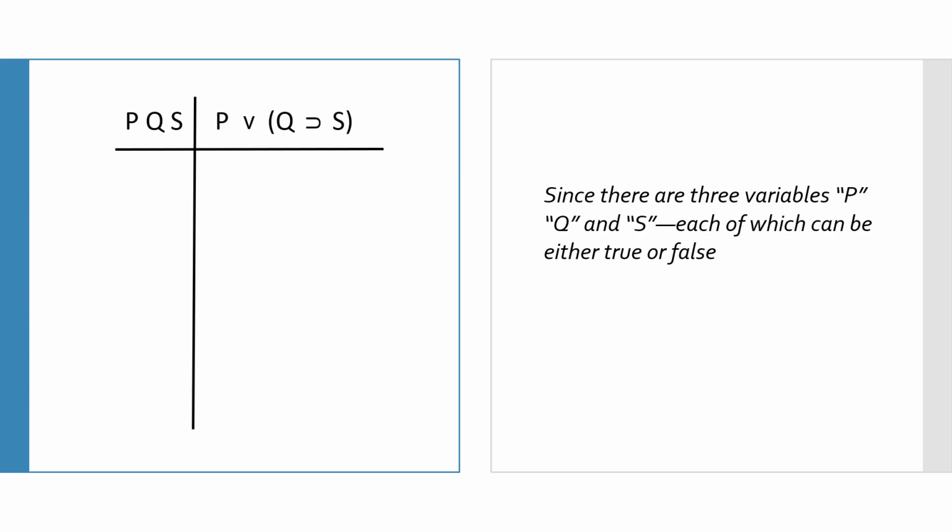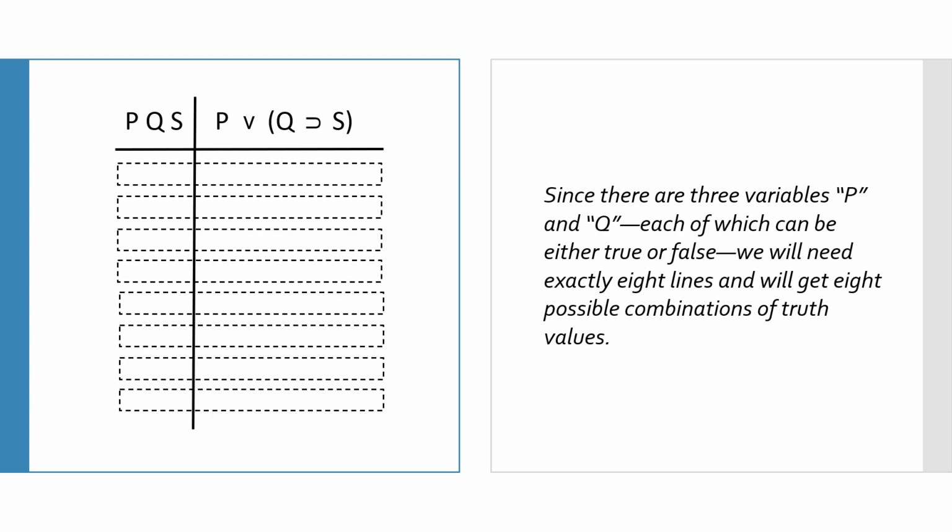Now since there are 3 different variables here, P, Q, and S, and each and every one of these can be either true or false, what we have to do is simply run through our formula and figure out how many different lines we need. Now, since there are 3 variables, S, P, and Q, each of which could be either true or false, what we will need are exactly 8 lines so that we get every conceivable possible combination of truth values between these